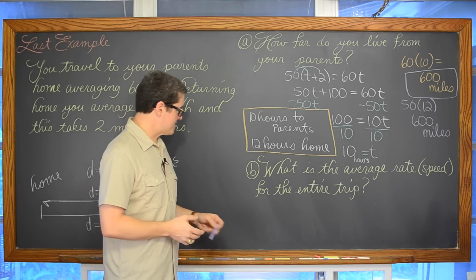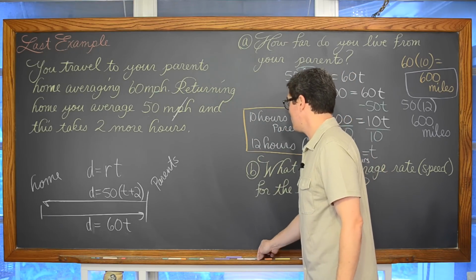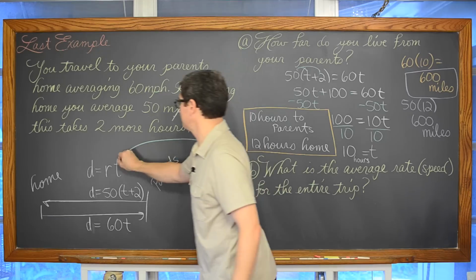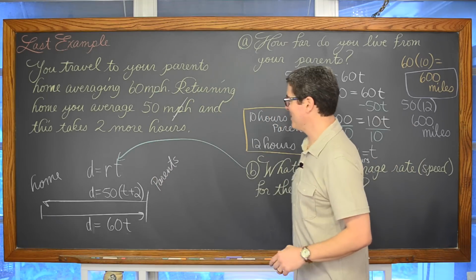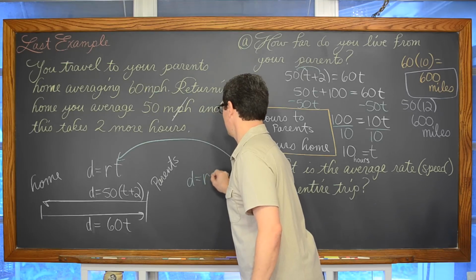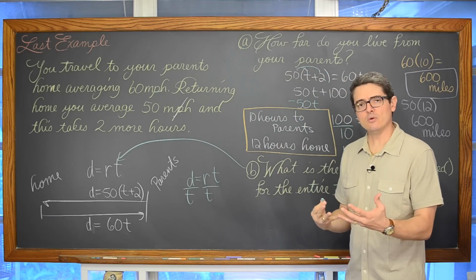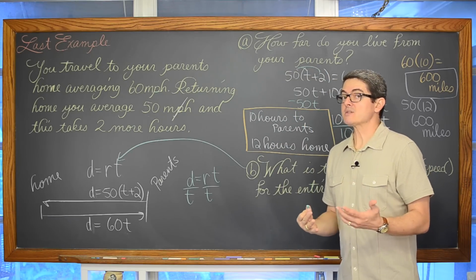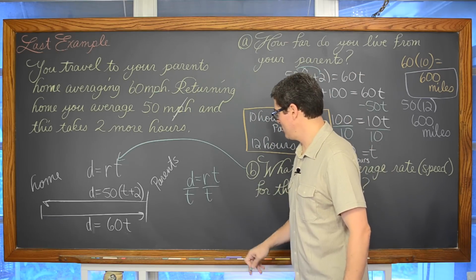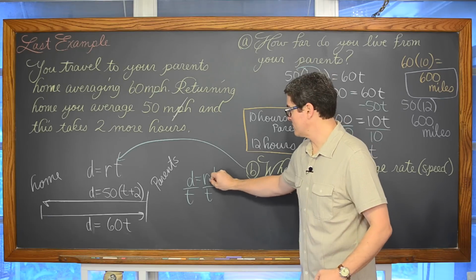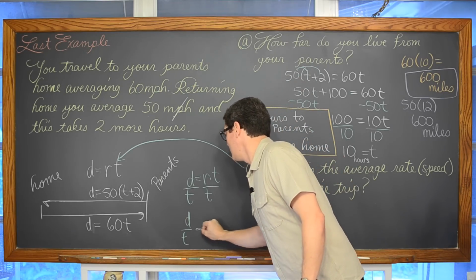What is the average rate of speed for the entire trip? Well, if distance is equal to rate times time, and I have a question about what is the average rate of speed, then I can take this equation of d is equal to rt, divide both sides by t, and this is a little preview of what we're going to be doing in our next algebra lesson, which is solving literal equations, which is an equation with more than one variable in it. We want to isolate this r for rate. We're going to do that by doing the inverse math operation of multiplication, which is division, and get distance over time is equal to rate.